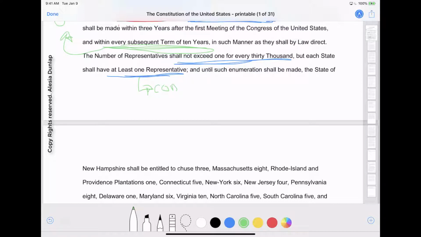Congressional districts. Okay. Since the enactment of the Reapportionment Act of 1929, Congress has struggled to find an equitable way to allocate seats